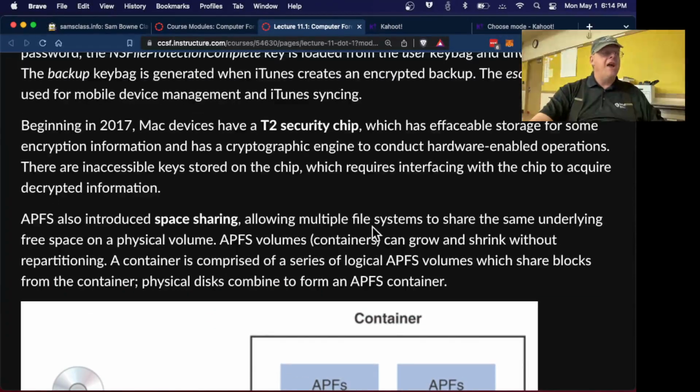So Macs have a T2 security chip, which is their equivalent of the Trusted Platform Module that Windows has. And this is a cryptographic coprocessor which stores keys inside a special chip and does encryption and decryption inside a special chip so that the encryption process and the encryption key is not in the address space of the main processor at all. So even if you were to gain root control over the Mac and dump all the memory, you would not find the encryption key in there anywhere.